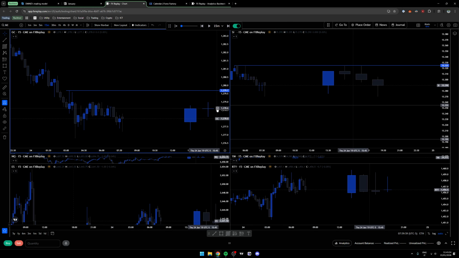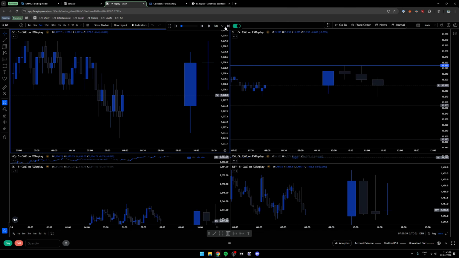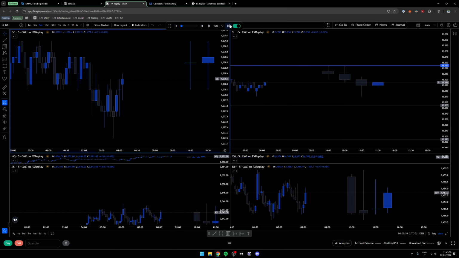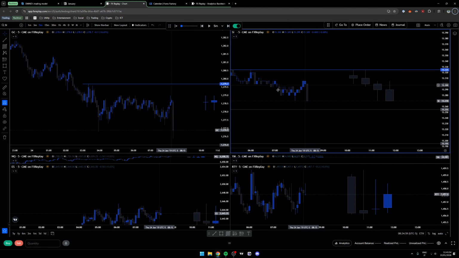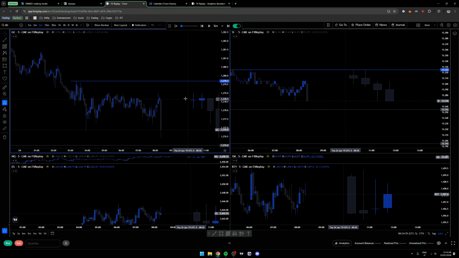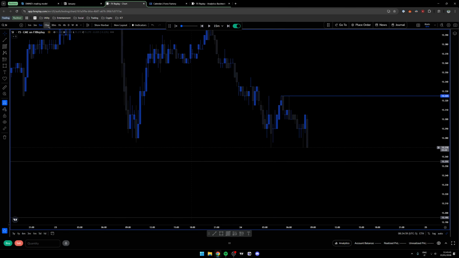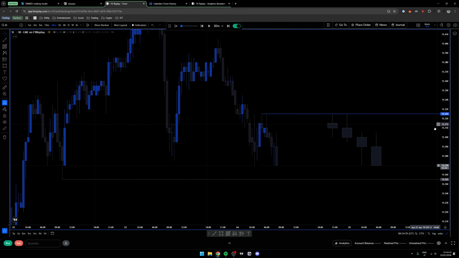Let me see the lower time 15-minute gap. No, there's like nothing, bro. I really want to see this just trade higher right away. Yeah, actually doing that. Oof. What a fucking close. Do we take out these highs? Okay, no. Ish. I don't even know. What a fucking close.